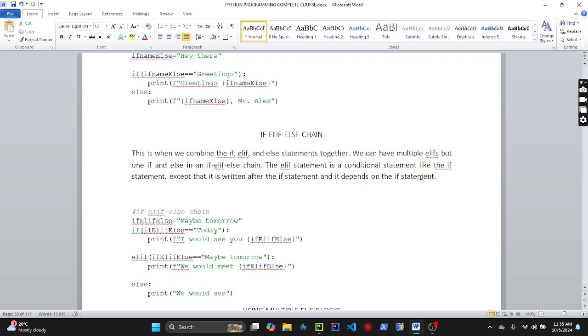And also, what we're trying to say is that Python looks for the very first true condition before it can execute a program. So let's take, for instance, I have an if conditional statement, two elif conditional statements, and an else statement. Now, if the if conditional statement is false, the first elif conditional statement is true, and the second elif conditional statement is also true, and then we have an else statement, what's going to happen is that